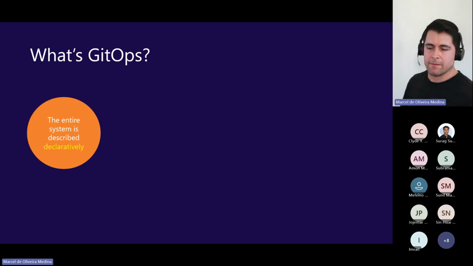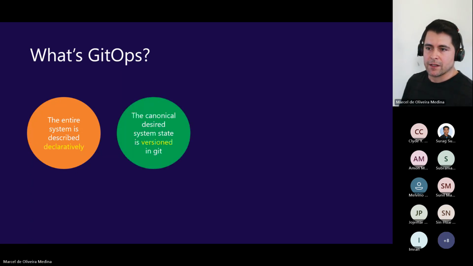Most of what we are going to be doing with GitOps is through configuration. That's why it's declarative. In here we have that the canonical desired state is versioned in Git, right? So whatever you are creating should be versioned, right?